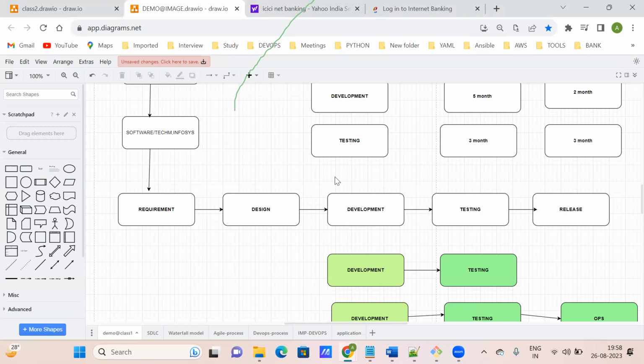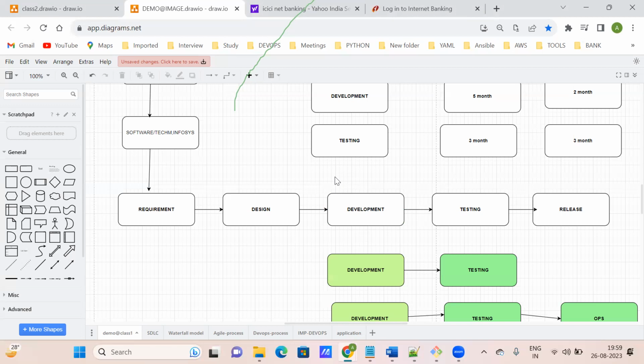And in agile methodology, the developer team and the testing team work parallelly. The developer starts coding a small part, then the tester team tests it, and both work parallelly. But what was the problem in agile?